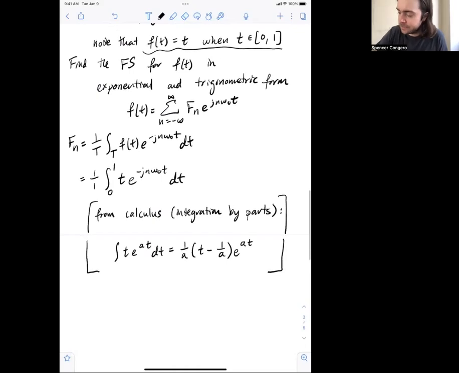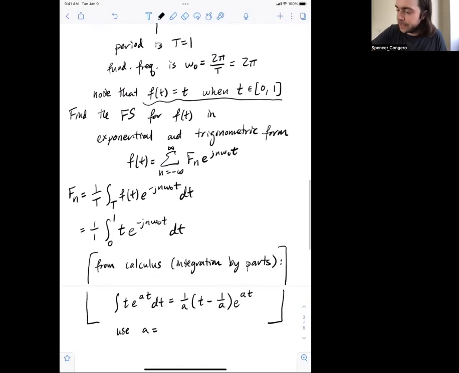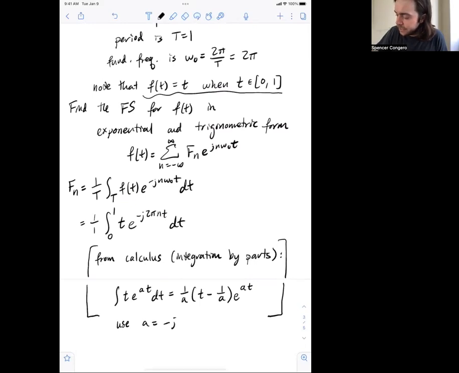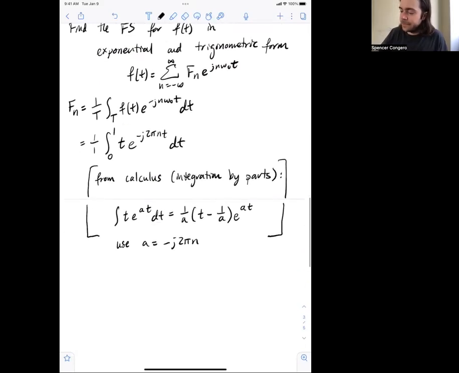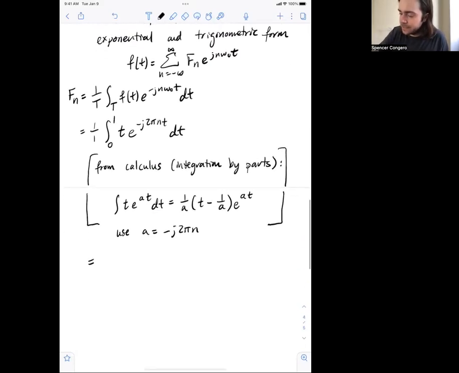Okay, so in our case, we're going to use a equals what? It's right there. Oh, and what was omega naught? Omega naught was 2 pi. So I'll even just plug that in right now. 2 pi nt. Okay, so we're going to use a as negative j 2 pi n. Okay, all right. So when that happens, now we're going to plug in for what that integral equals right